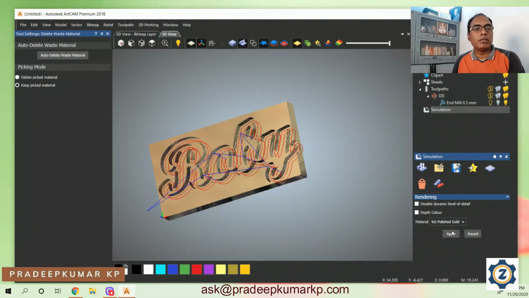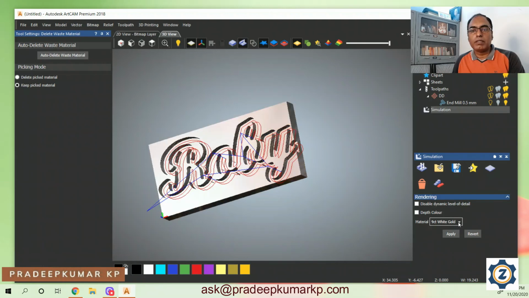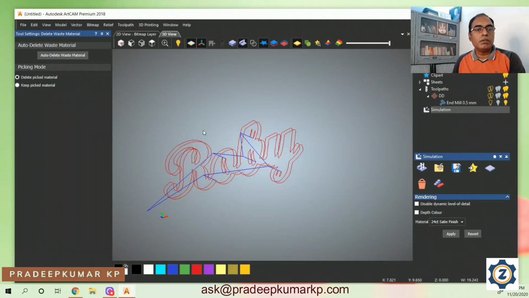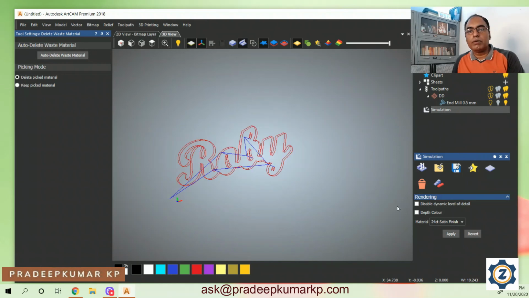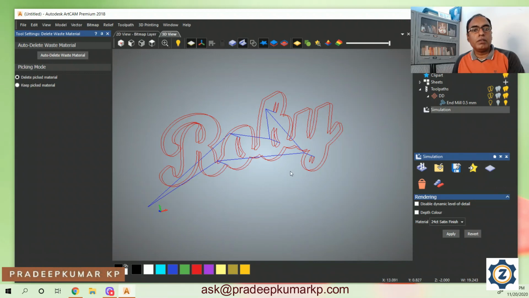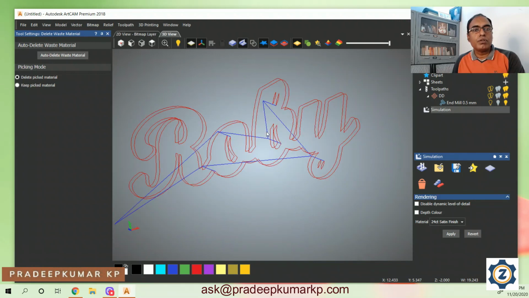I apply. Okay, this color has come now, because that time this is called white gold. I don't know how to apply. So white gold, it's a polished gold, satin gold. I will apply satin gold. Okay. So if I want to remove the material, I click this, delete the picked material. So this one I picked is fully going off. I don't know, disable, because that means there is some material touching each other.